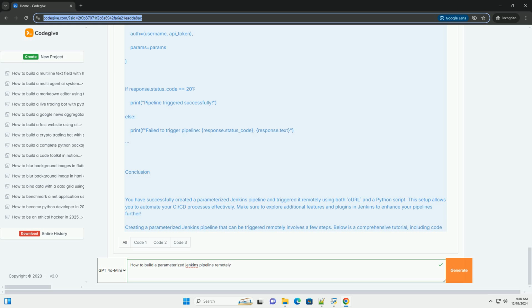You can define your pipeline script using the pipeline DSL. Here's an example of a simple parameterized pipeline script. Groovy. pipeline { agent any parameters { string(name: 'branch_name', defaultValue: 'main', description: 'Git branch to build') string(name: 'build_env', defaultValue: 'development', description: 'Environment to deploy to')